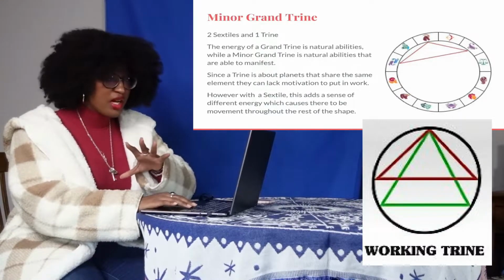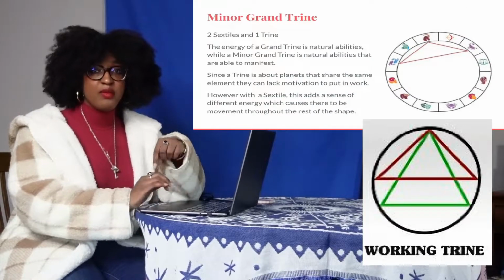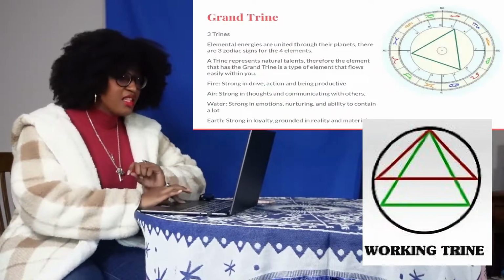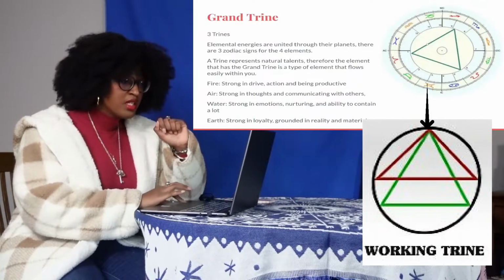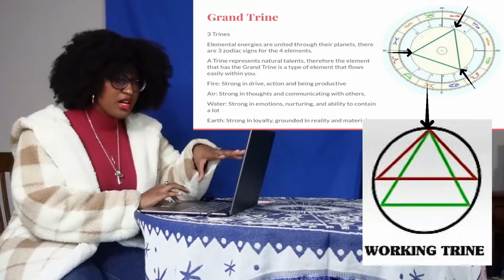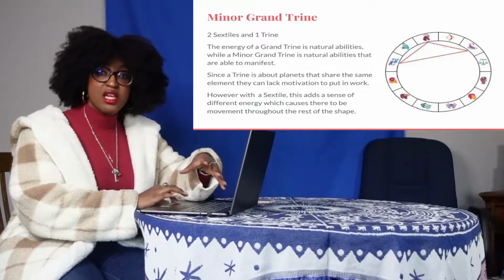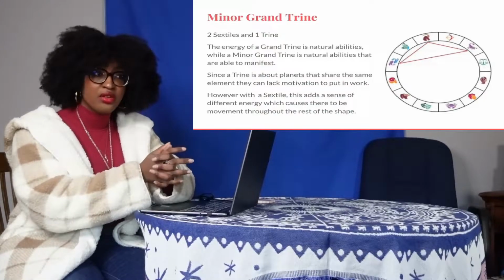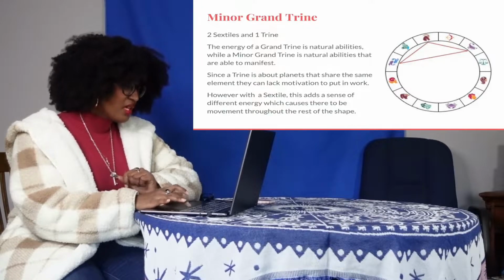And also, to talk about aspects on top of aspects, these complex shapes I was talking about. A working trine is this trine with a minor trine sitting on top of it. So it's like this triangle and another triangle on top. And that means that whatever this apex point is touching, depending if it's here, here, or here, therefore one of these trines now are able to work out and get their energy released, because this energy is able to help release it. So it's like two talents working together to make one big talent. So that's one way you can think about it.